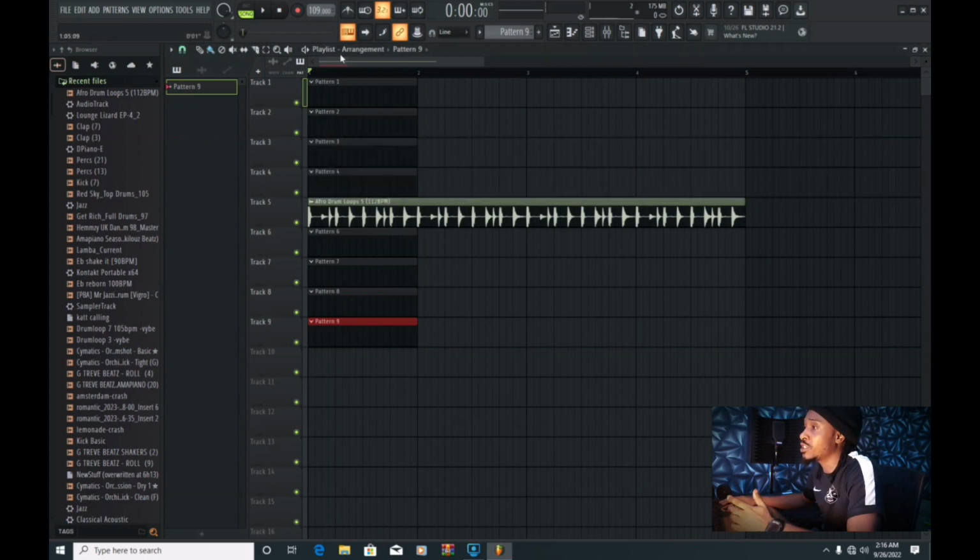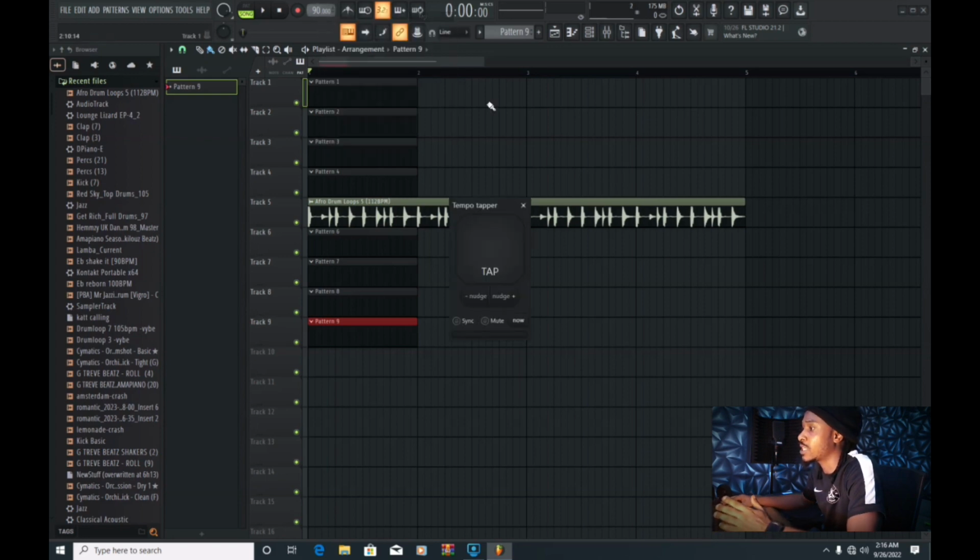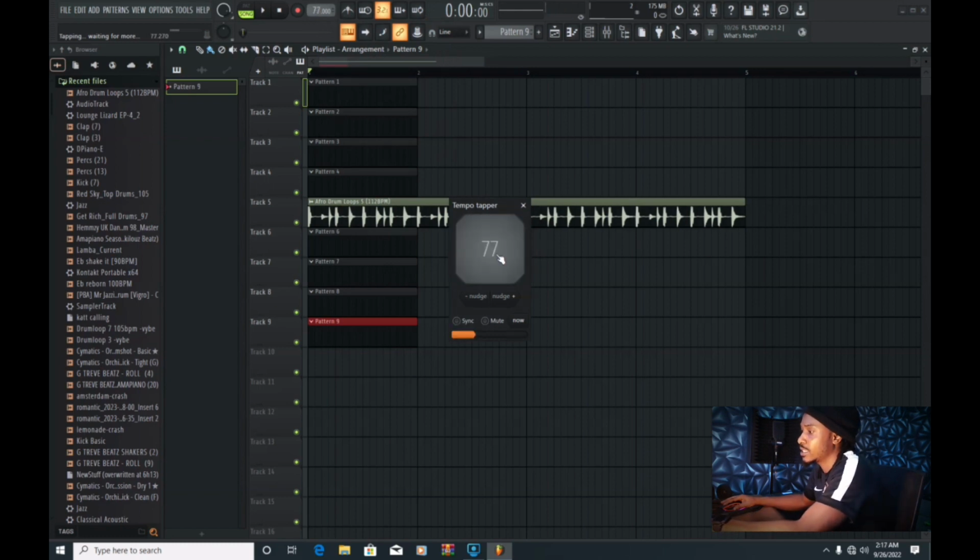So the third thing you need to check is set your tempo. How you want to set your tempo is this part right here. You can either left click, hold, drag up for faster tempo, drag down for slower tempo. So that is how it works. Or you want to type in the value, or you want to tap in the value. If you tap it in like this,